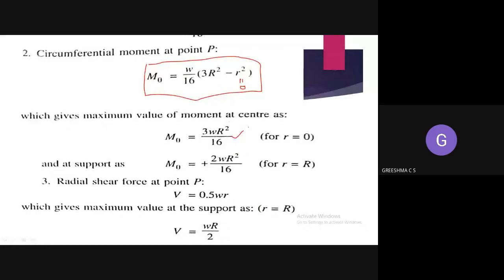Now, since it is a circumferential moment, imagine this is a circular slab, and this is how you are providing the circumferential reinforcement. So this moment is arising circumferentially, along the radius. Because of this bending, you can see from this diagram that the bars have been